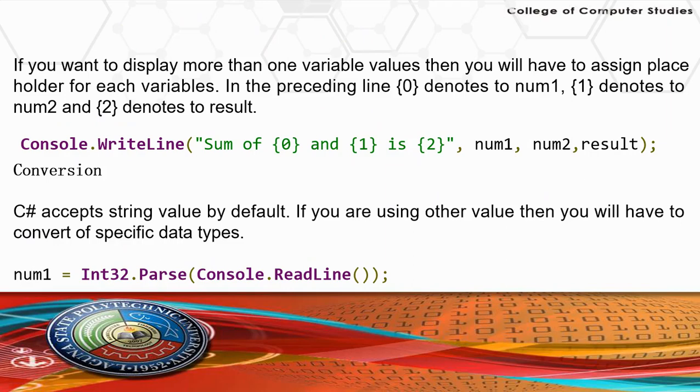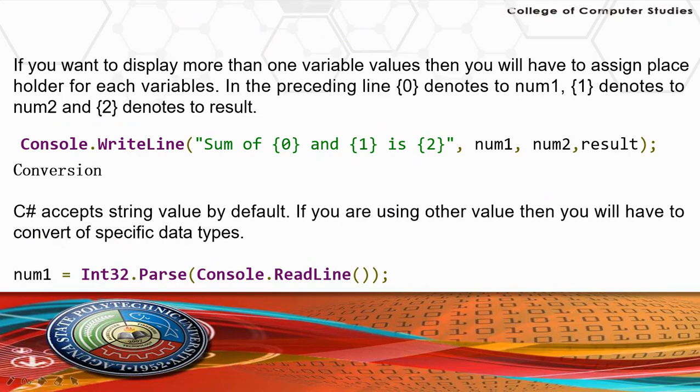So if you want to display more than one variable value, then you will have to assign a placeholder for each variable. In the preceding line, this one, the open and close curly brackets, 0 denotes num1, this one denotes num2, and then the last one denotes result. Okay,